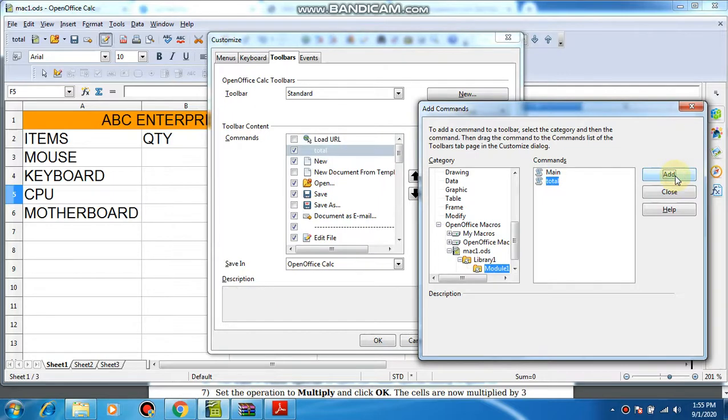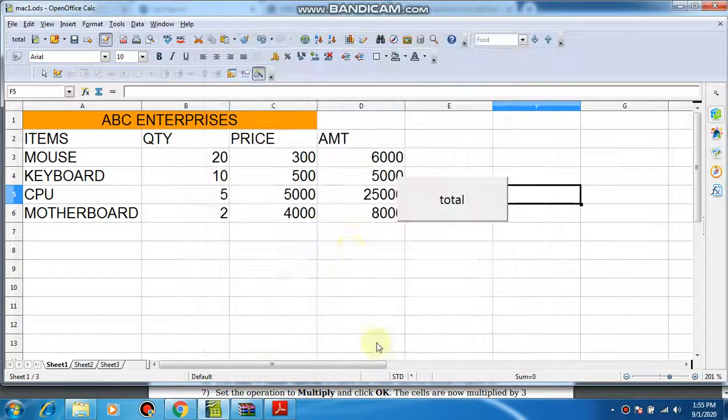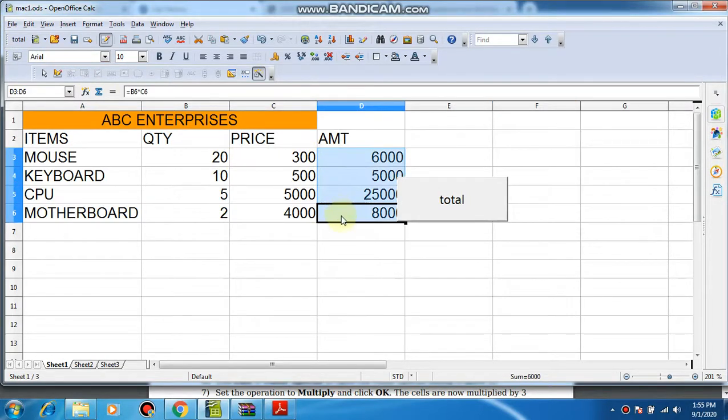I'll add this and I'll close this dialog box, and here I click OK, and there will be a total, you can say a button on the standard toolbar. I just delete my things over here. Delete all. Now see what happens. If I click on this total, again the macro will run from this icon. It's a sort of icon on the standard toolbar.